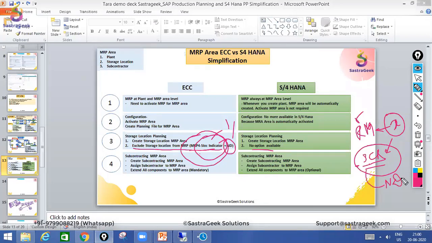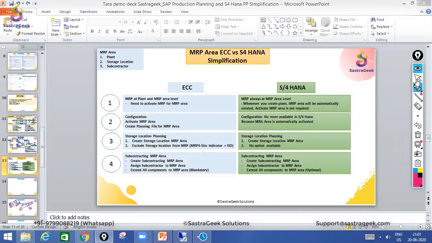So you are talking about configuration setup, right? Configuration setup and material master. Yes. Correct. So it's both actually. First, you need to go to SPRO and create your MRP area, a storage location MRP area for scrap, and in that you need to put ND. Then you come back to the material master and allocate that MRP area which you have created to that material. So you need to do both things. Once you go to the screen, you will easily understand what exactly I'm talking about. Okay.